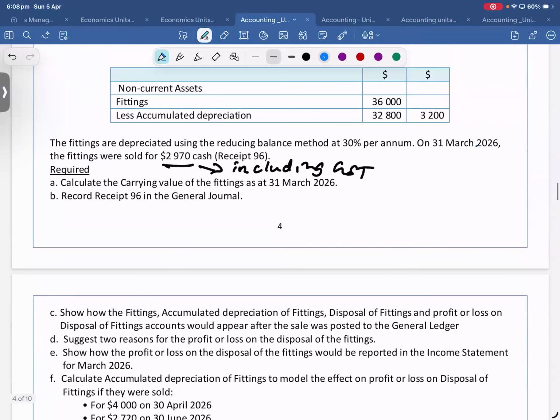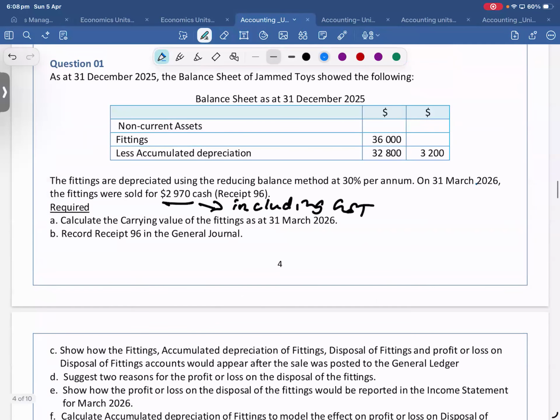Okay, guys, calculate the carrying value. In general, you combine everything. You have to combine. What do you mean? Right, one just goes to the bank. So no bank, the fittings. You can combine if you want, but we don't do it in